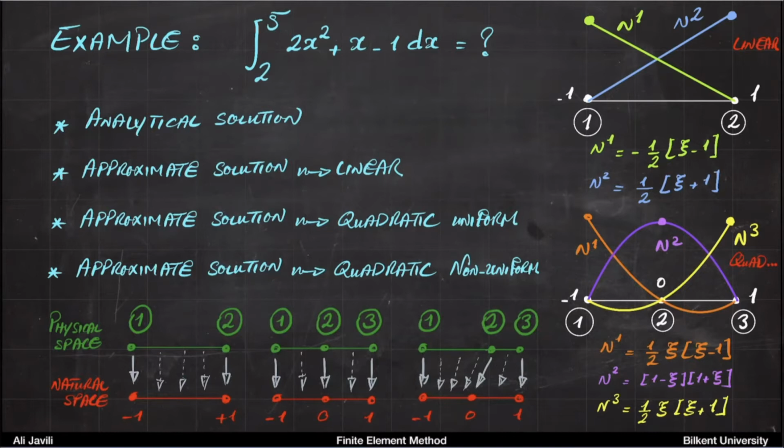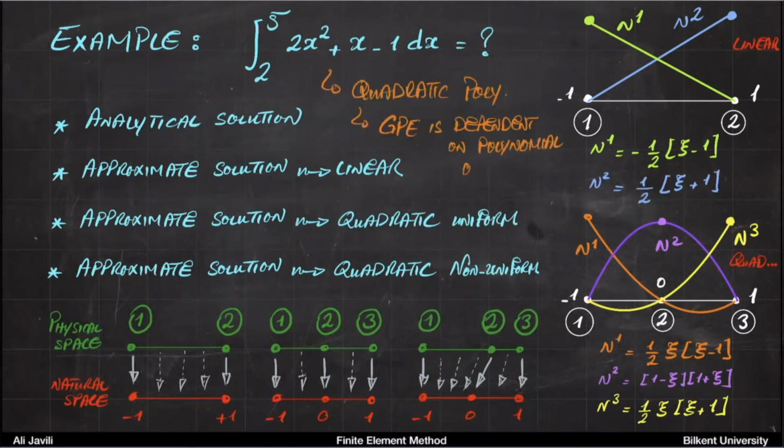Okay, that is really the key message here, that this is a quadratic polynomial. But the number of Gauss points that you need is dependent on polynomial order in natural coordinates, or let's say in Xi domain. Okay, so it's quadratic polynomial in X domain. Okay, so that is really the key message I want to convey through this example, and we do it